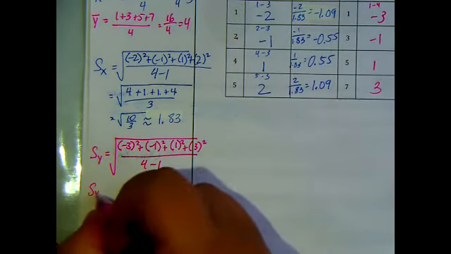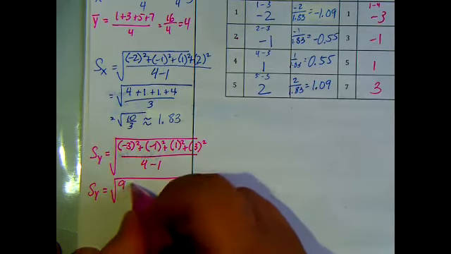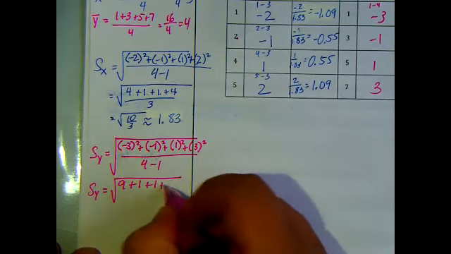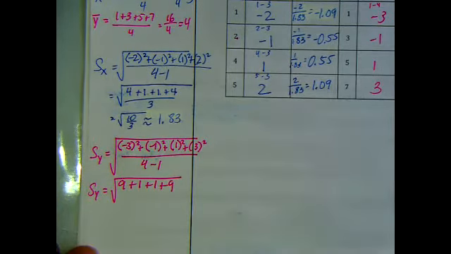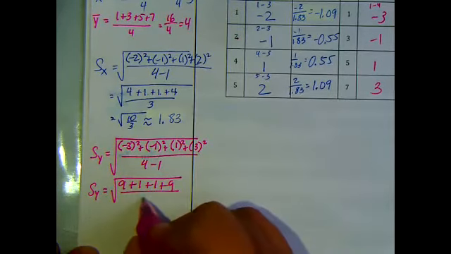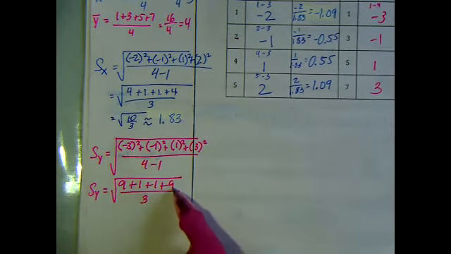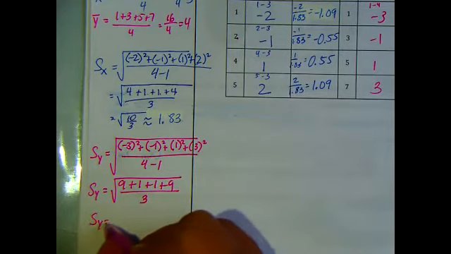And we simplify. Okay, so this will be 9 plus 1 plus 1 plus 9. Right, I'm just squaring each one of these. And then divided by 3. Okay, these guys added together at the top is going to give you 20